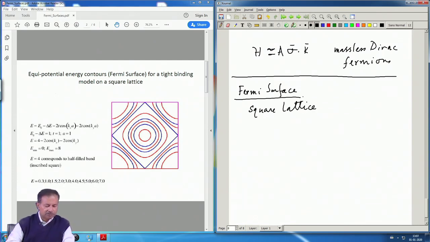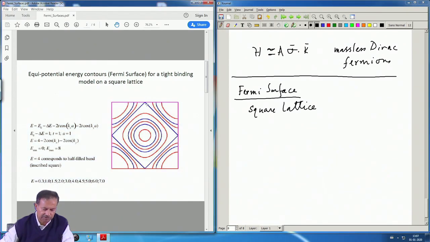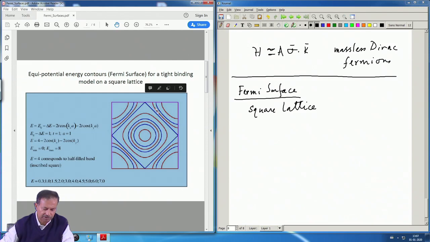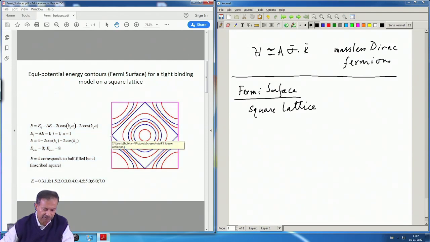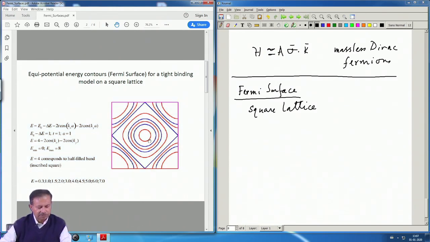Now, this is the Brillouin zone. So, these points at the extreme, this is plus pi by a, this is ky equal to pi by a, and this is minus pi by a in kx. So, this is pi by a 0, this is 0 pi by a, this is minus pi by a 0, and this is 0 minus pi by a. Okay. So, these are the 4 corners. Now, this gives you the Brillouin zone.